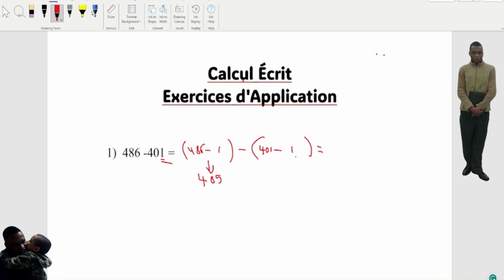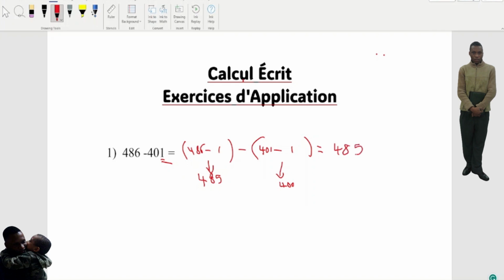401 minus 1 equal what? So this one, take 1 inside of 401. Well, how much is gonna be left? You're gonna have 400. Now this is 400. This one is 485. Okay, so we're gonna write here